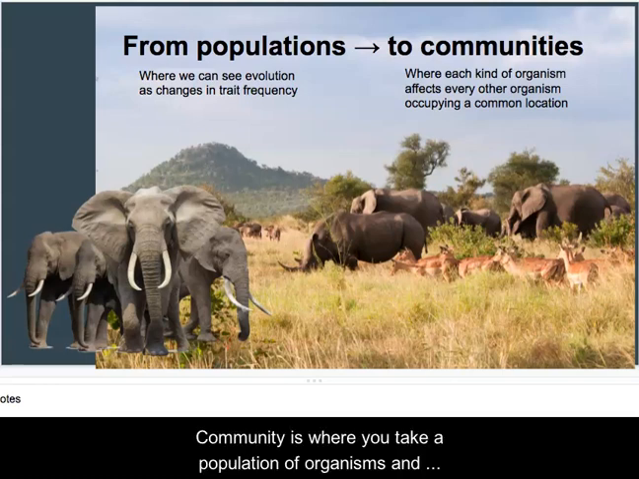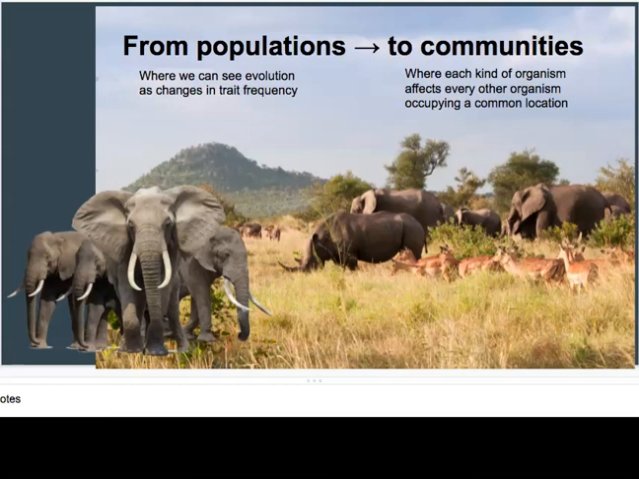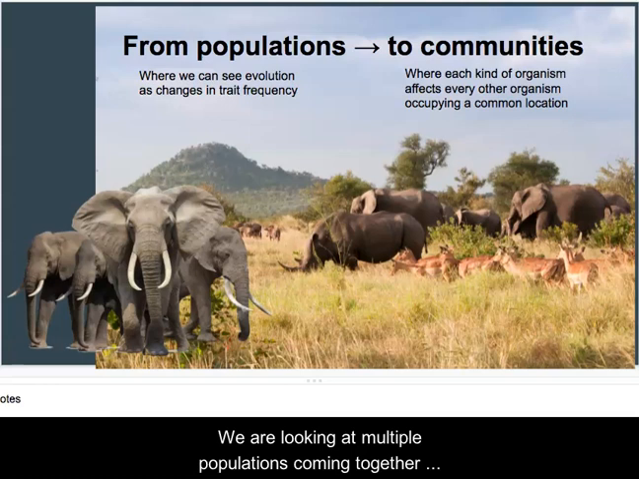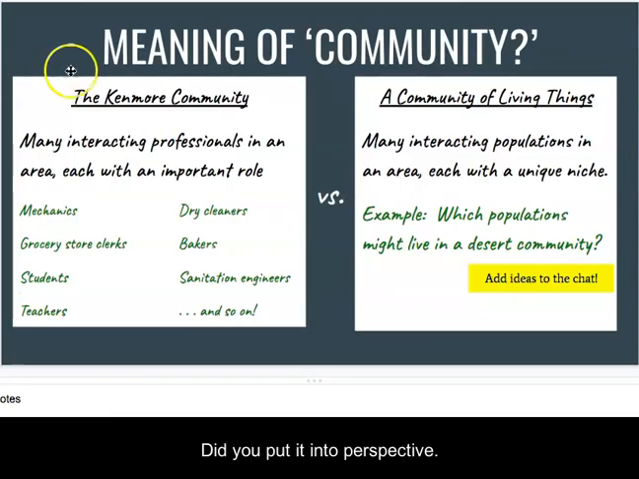A community is where you take a population of organisms and interact them with other populations of organisms. So a community in general is where each kind of organism affects every other organism in a common location. So you're looking at multiple populations coming together in some kind of centralized location. So to put it into perspective,